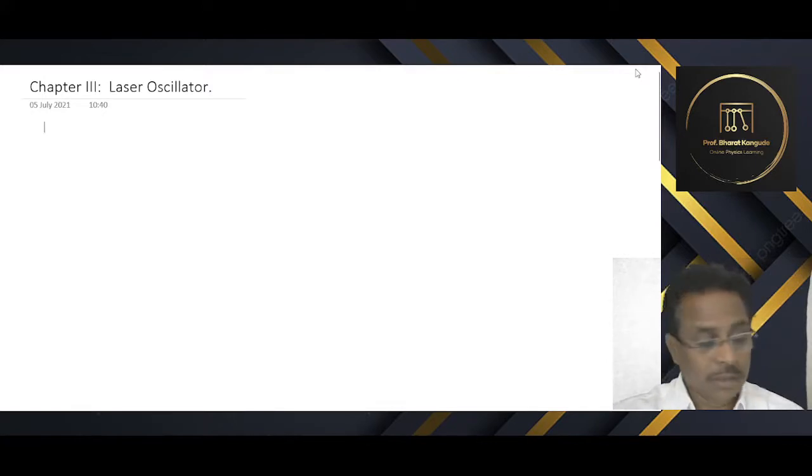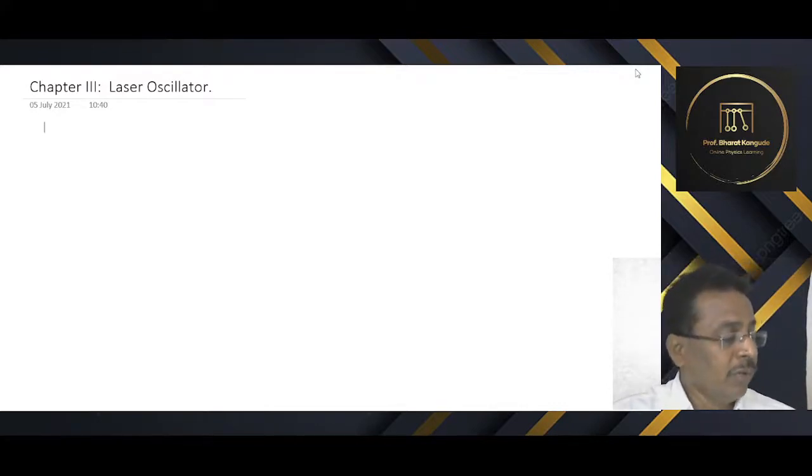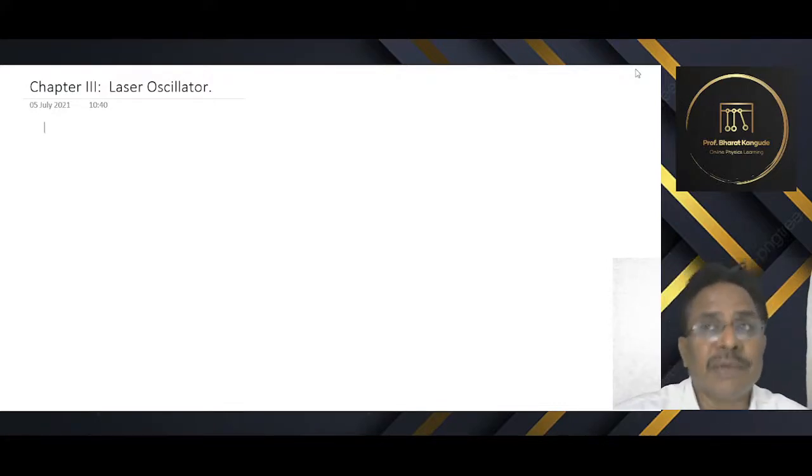Well, today we were discussing chapter number 3 from our syllabus, that is the laser oscillators. Now, before going for laser oscillators, we have to understand a few concepts from electronics, like the amplifier. In case of amplifiers, you might have learned different types, class A, class B, class C